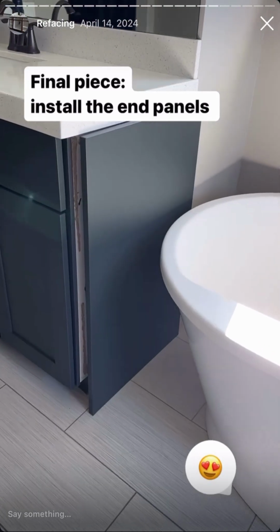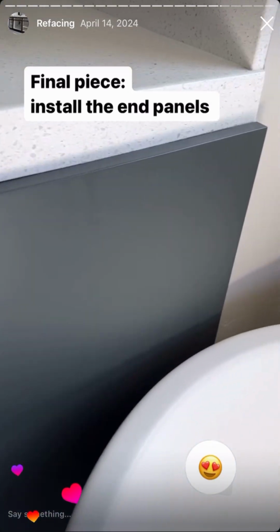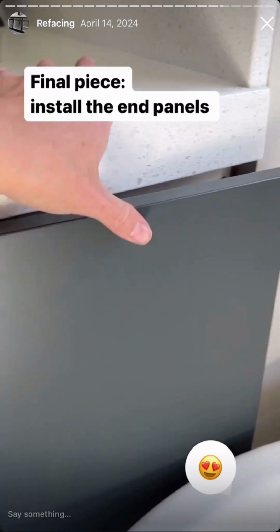So the last thing that I need to put on is this end panel, and you can see it is hitting